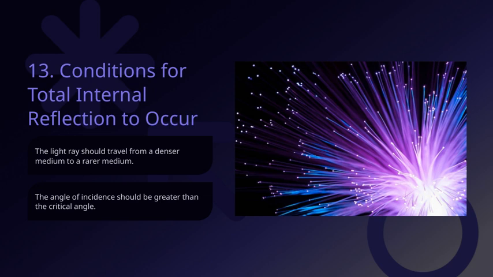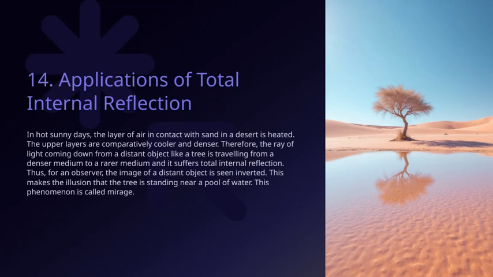These conditions together ensure that the light doesn't pass through the boundary, but instead is completely reflected, which is fundamental in applications like fiber optics. Remember, the overall theme here is understanding how light behaves at boundaries, and these specific conditions allow us to harness total internal reflection effectively. On hot sunny days, the layer of air in contact with the sand in a desert